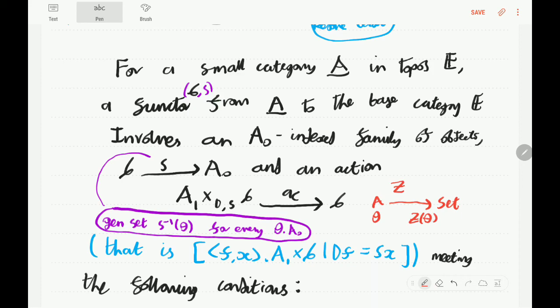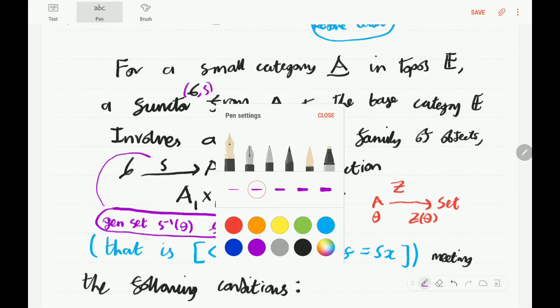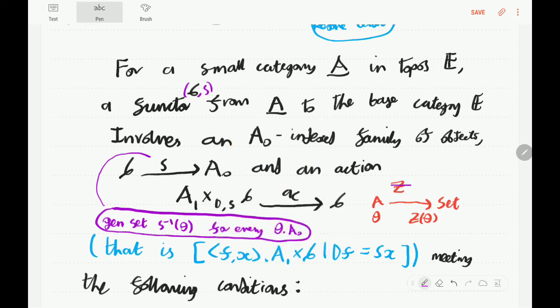And so this thing Z, we're really thinking of it as a set Z of theta for every object theta of A,